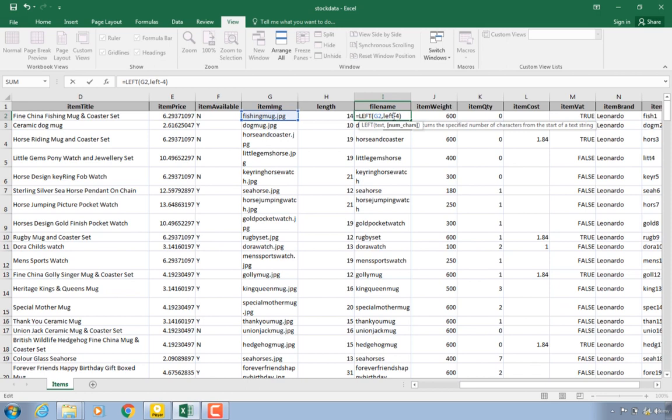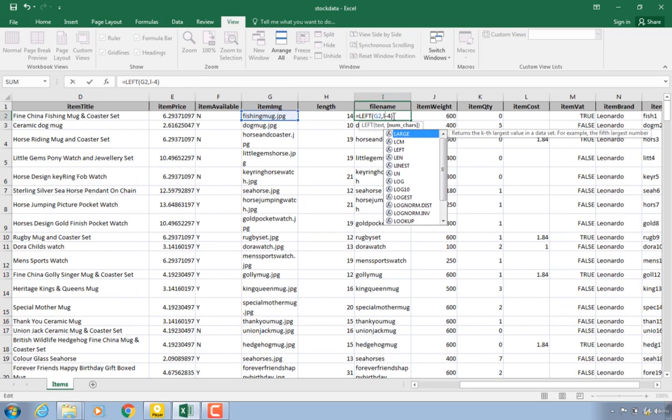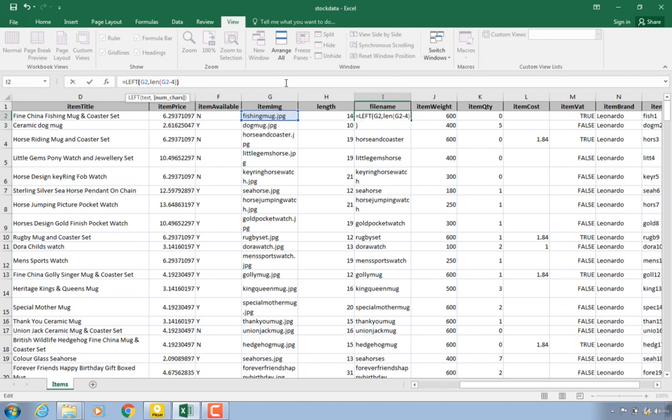So instead of using the cell reference H2 here, what you're going to put is the length of this cell reference G2 minus the number of characters that you want it to subtract from it. Then after it, we need to put a closing bracket after it, then press the enter key. So let's see what's happening over here. The length of G2, which is 14,